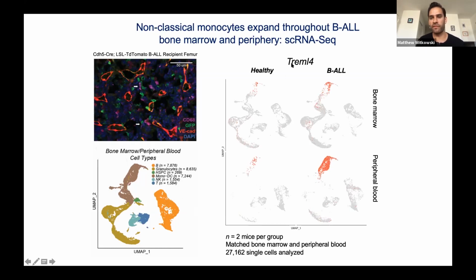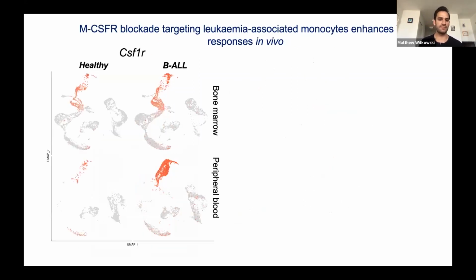If we look at TREML4, a marker of non-classical monocytes, in the bone marrow and peripheral blood of healthy individuals, not a lot of TREML4 expression, but when you transplant BALL into these mice, indeed, you see that there is a significant enrichment of TREML4, a non-classical monocyte marker, which we have verified with flow cytometry to show that there is increased Ly6C low non-classical monocytes. As I mentioned before, CSF1R or the MCSF receptor is highly expressed on these non-classical monocytes, as well